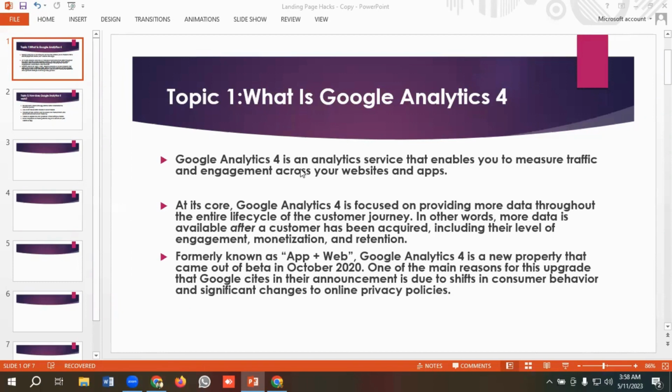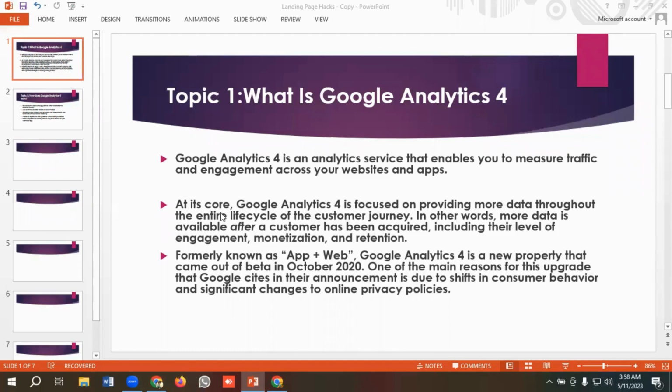Google Analytics 4 is an analytics service that enables you to measure traffic and engagement across your websites and apps. At its core, Google Analytics 4 is focused on providing more data throughout the entire life cycle of the customer journey. In other words, more data is available after a customer has been acquired, including their level of engagement, monetization,